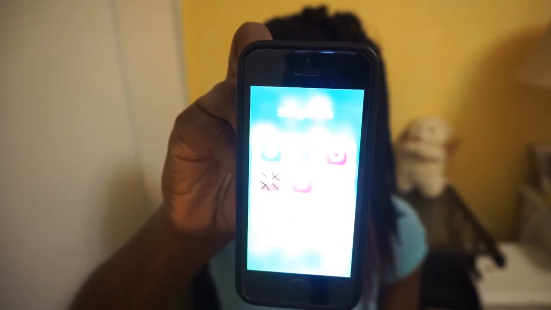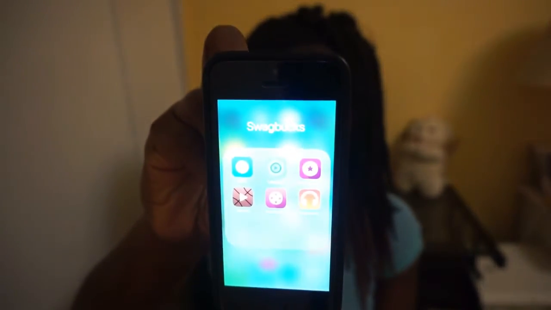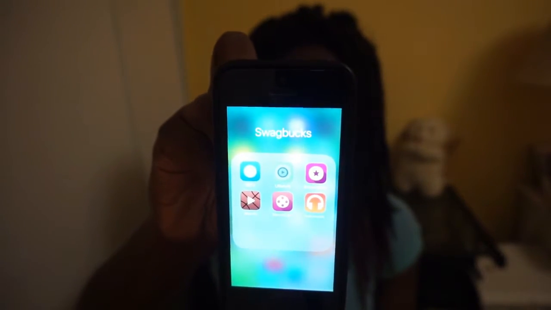Then I have a folder called Swag Bucks, and in the video I made called How to Make Money on Your Smartphone, which should be right there, I talked about these apps. There's basically 6 apps, and you can use all 6 of them, and with each of them you can make 10 cents a day. So on the apps you can make 60 cents a day, but then they also have a website that's associated with it, so I can make, I don't know, anywhere from $1 to $2 a day, which is $30 to $60 a month,